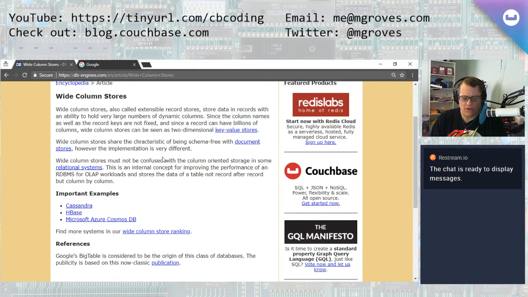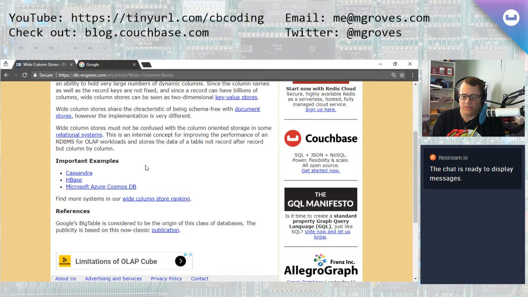They are also flexible in their schemas, kind of like a document database. It doesn't have to be the same structure of data from record to record, but the implementation is different, and the data in a wide column store is typically going to be flat. It's going to have similar impedance mismatch issues as a relational database, but with the benefit of being more flexible than a relational database.